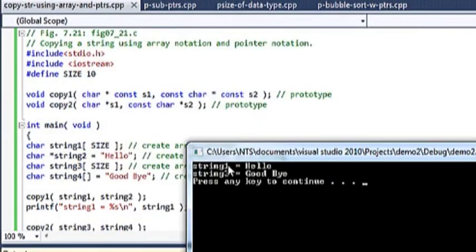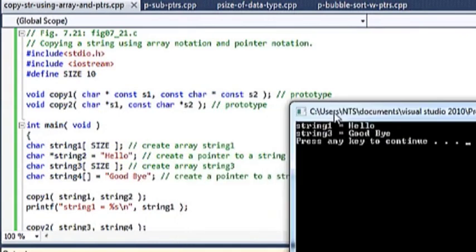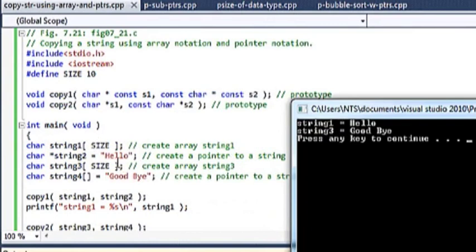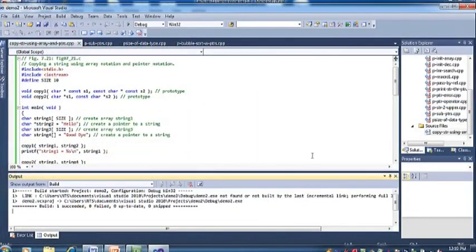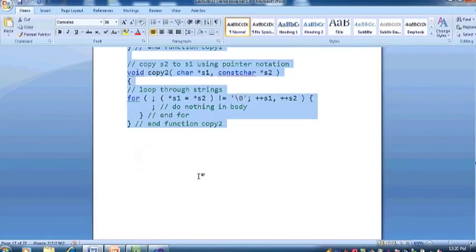In string 1 we have copied hello, and string 3. Basically we have copied hello into string 1 using array notation, and here we have copied from this to this using a pointer. These are very simple exercises, but they are very, very important to learn the concepts. So